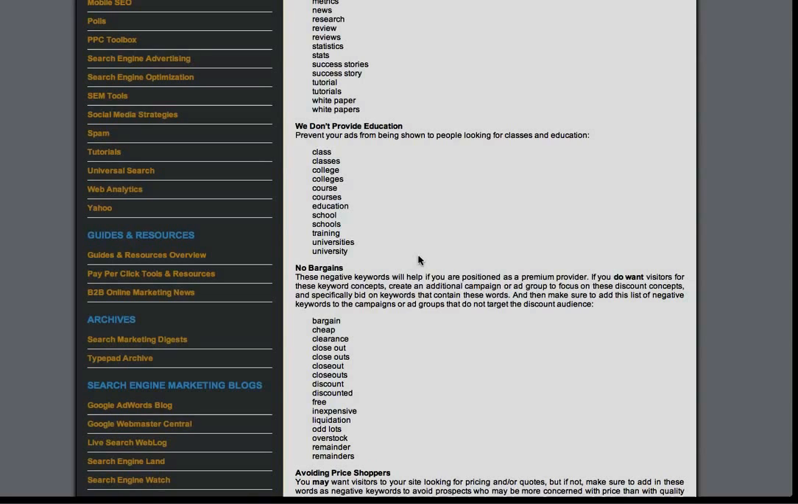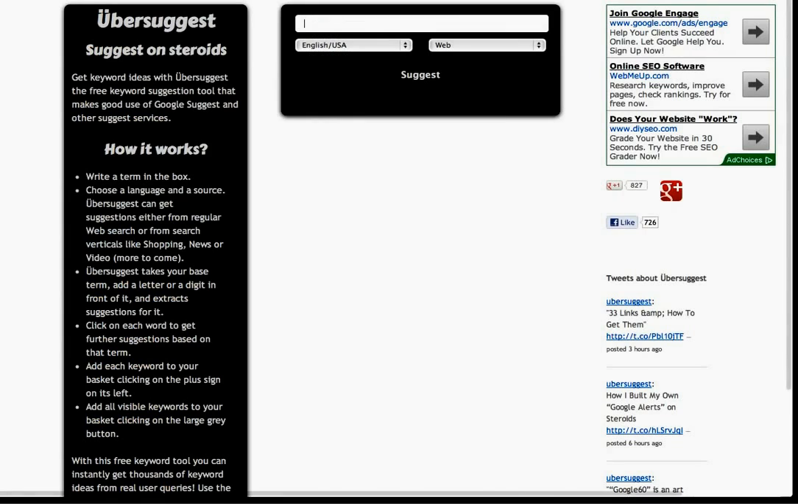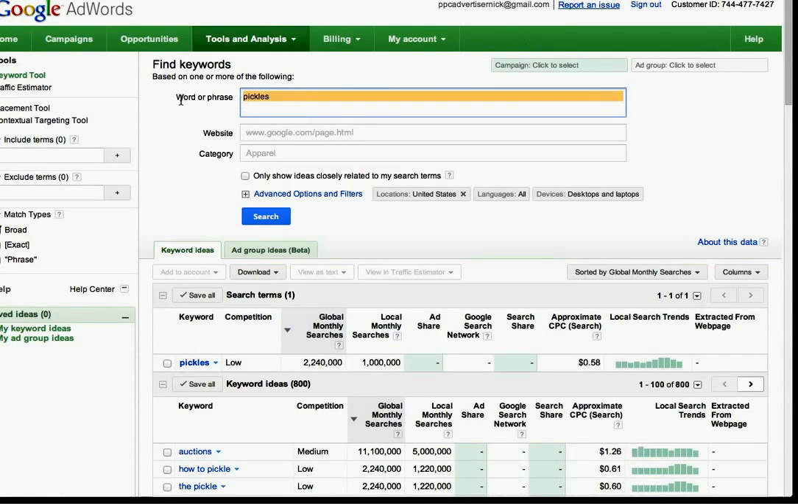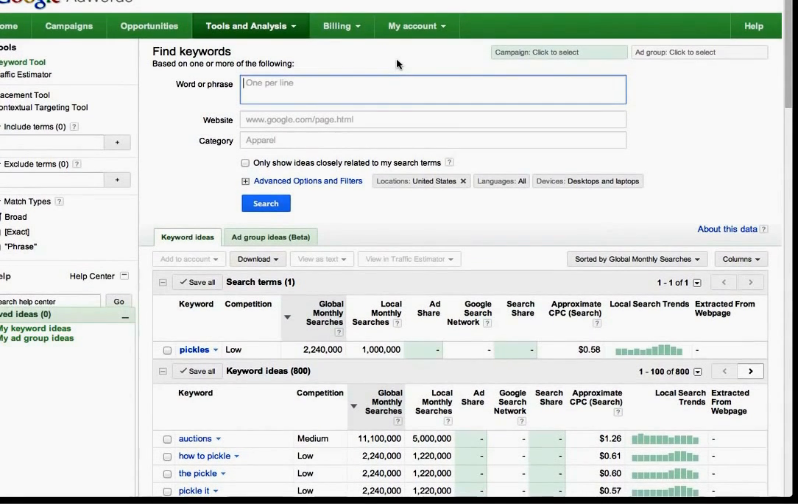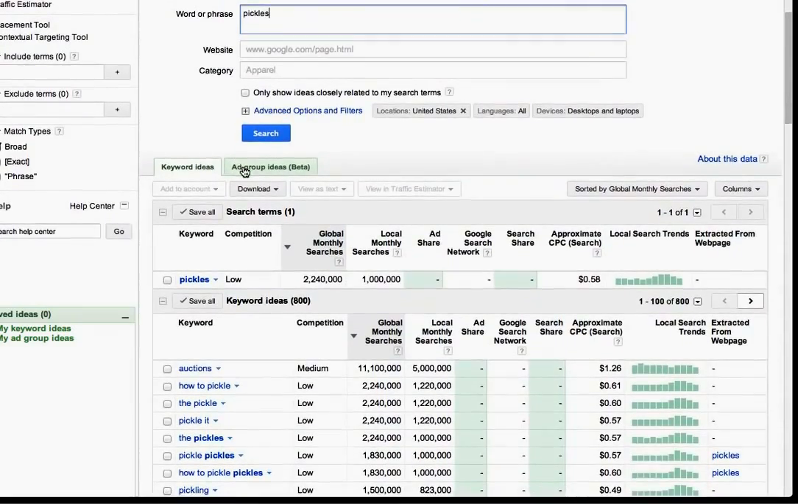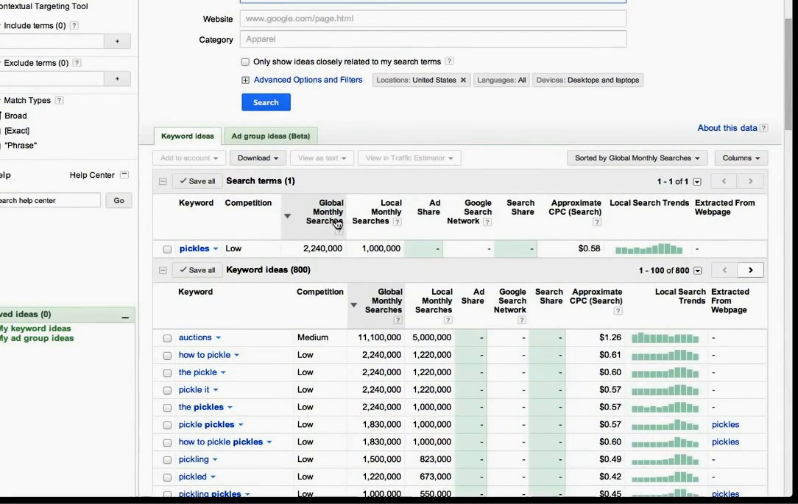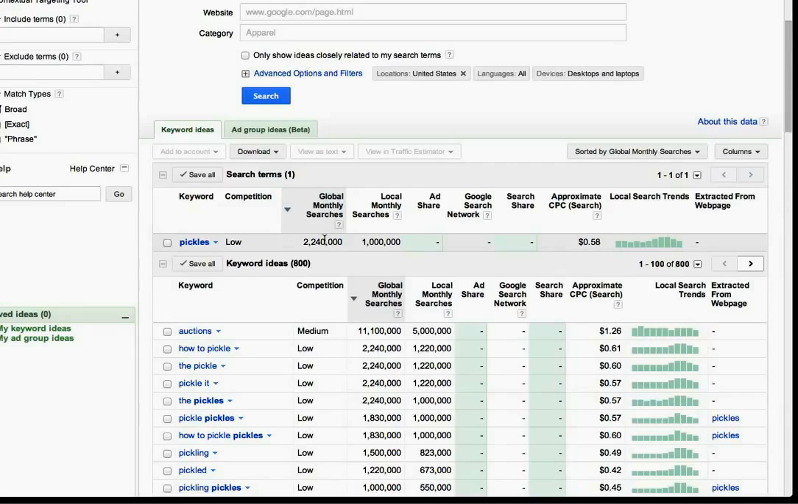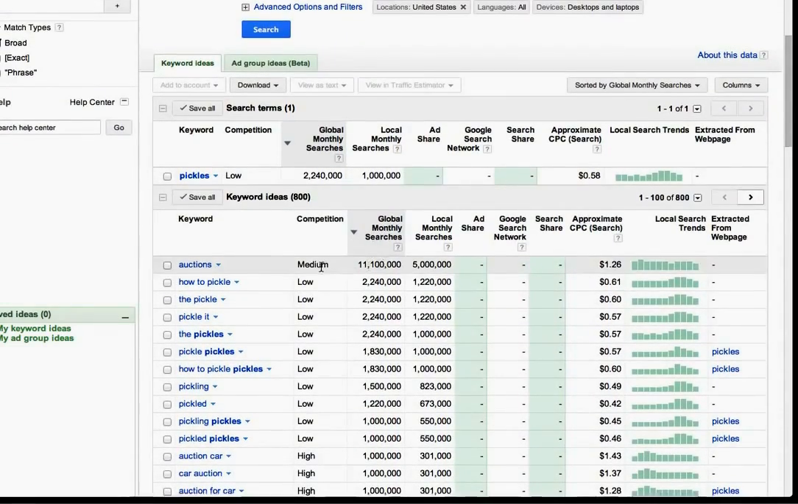But let me show you one of my favorite ways to make more custom keywords. And that would be using the keyword tool here in Google AdWords, and let's say you sell pickles. Okay, pickles, I like pickles a lot. I like dill pickles. I'm not a big sweet pickle fan, so sweet pickles would probably be one of my negative keywords. But if you look at this, I like to sort it by global monthly searches, and then look at the top